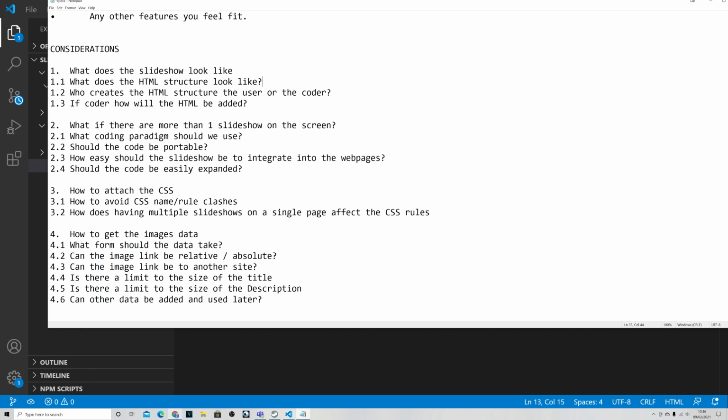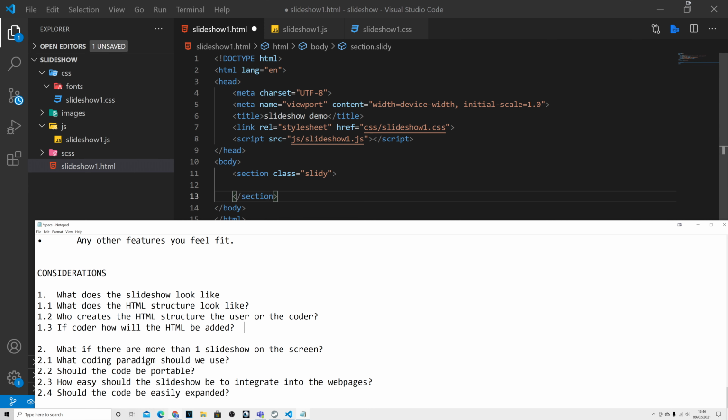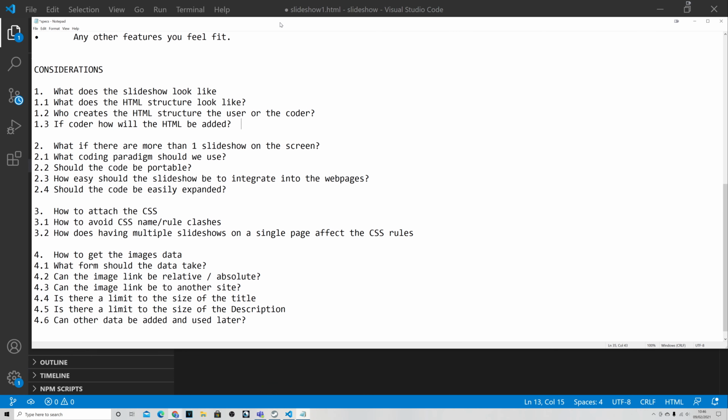Then we have this issue I was thinking about before. Who creates the HTML structure? Should the person who's building a website put that data in, or should it be the coder, the person who's creating the slideshow? And this one I will answer now. It should be the person who's creating the slideshow, because if you're wanting this to be easy to use, and I think this is actually